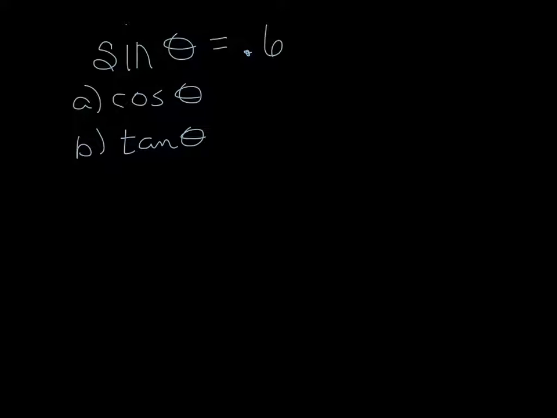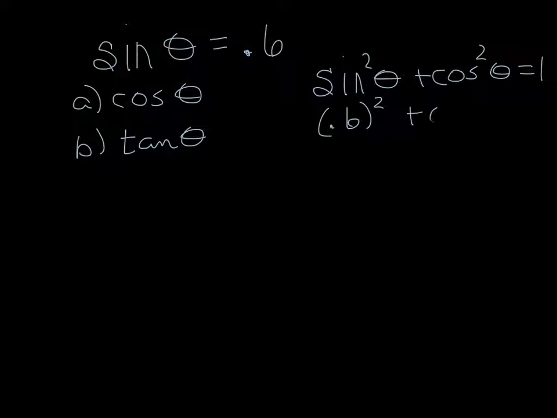All right, so we know that sine squared plus cosine squared equals 1. So we can use that to find the cosine. And if we have 0.6 squared plus cosine squared,